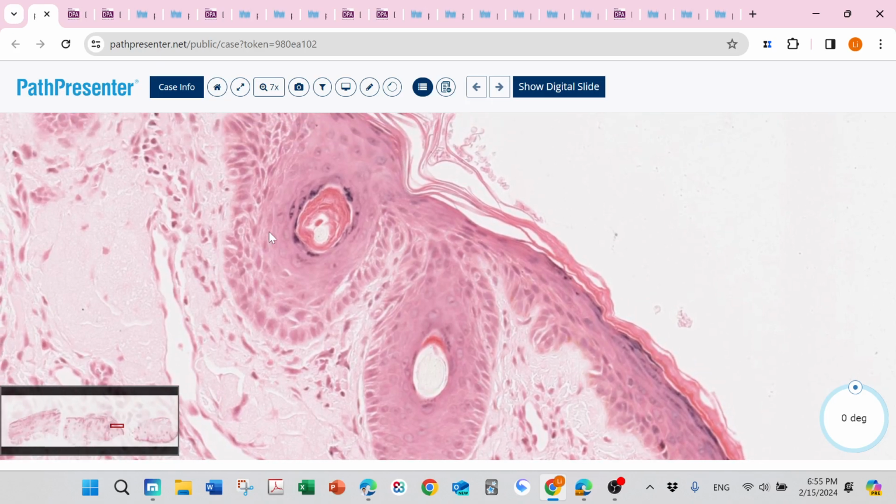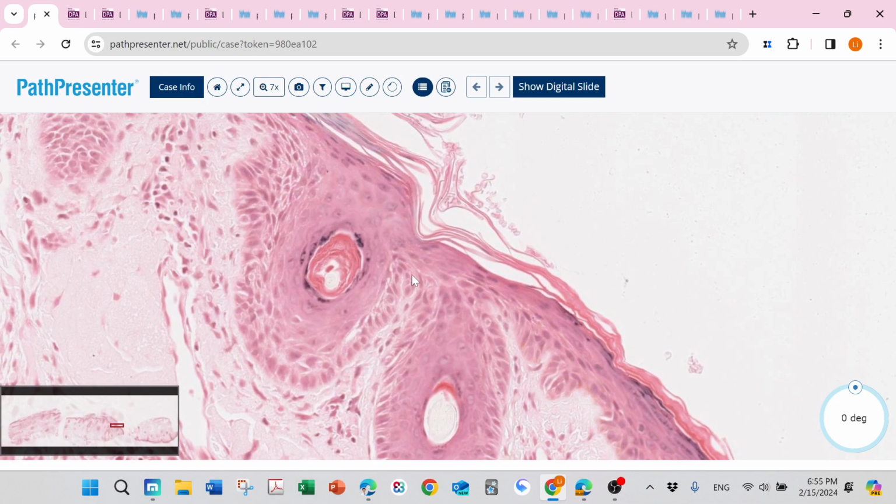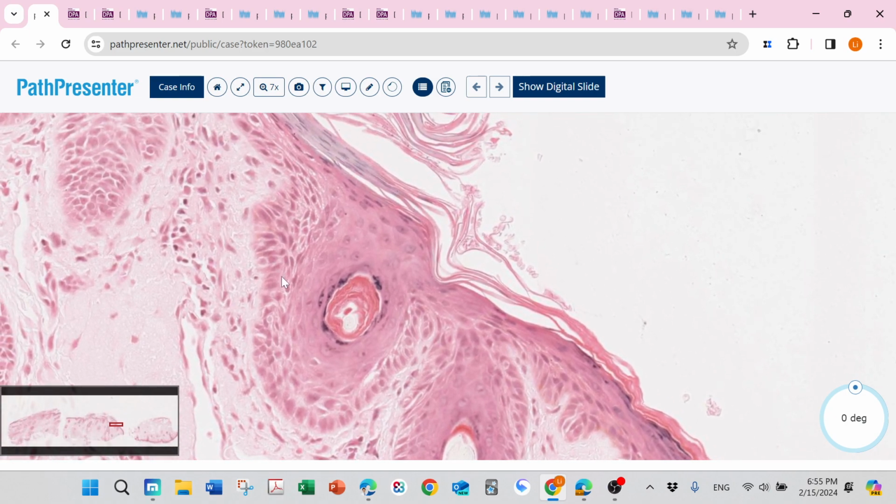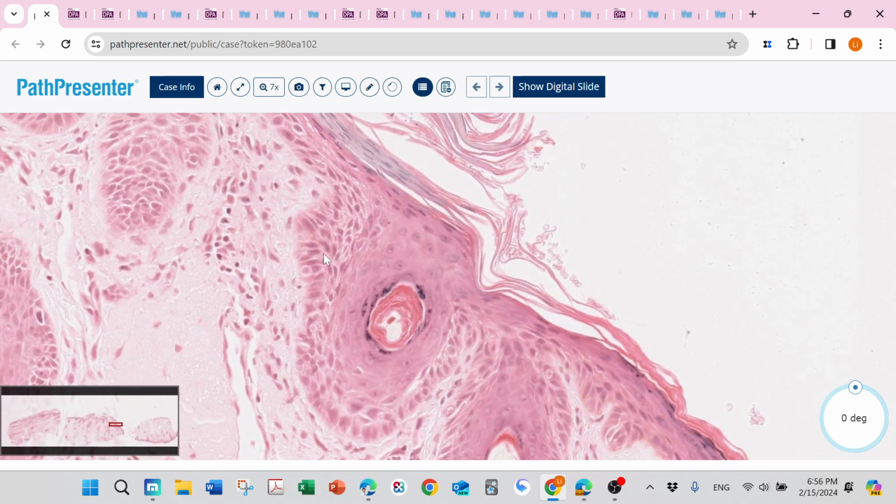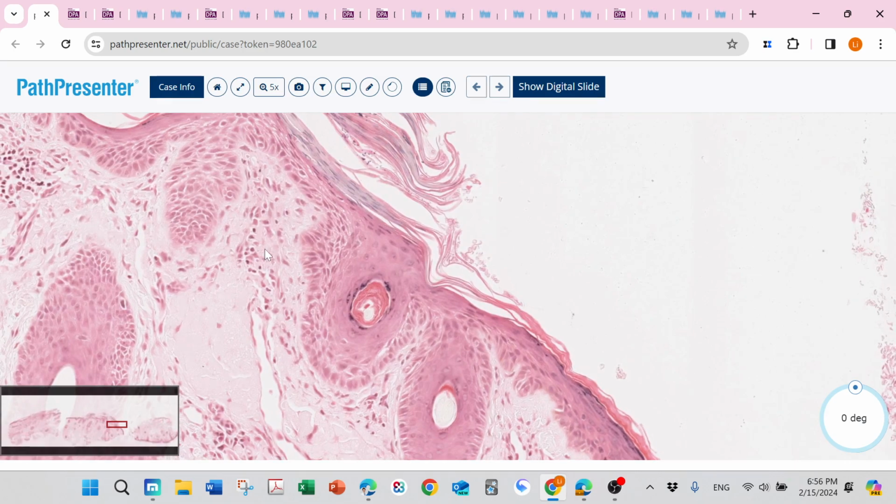So these cells are normal. These are atypical cells. If the atypical cells just focus on the lower 1/3 or 2/3, not full atypia of the whole epidermis, this is really good for actinic